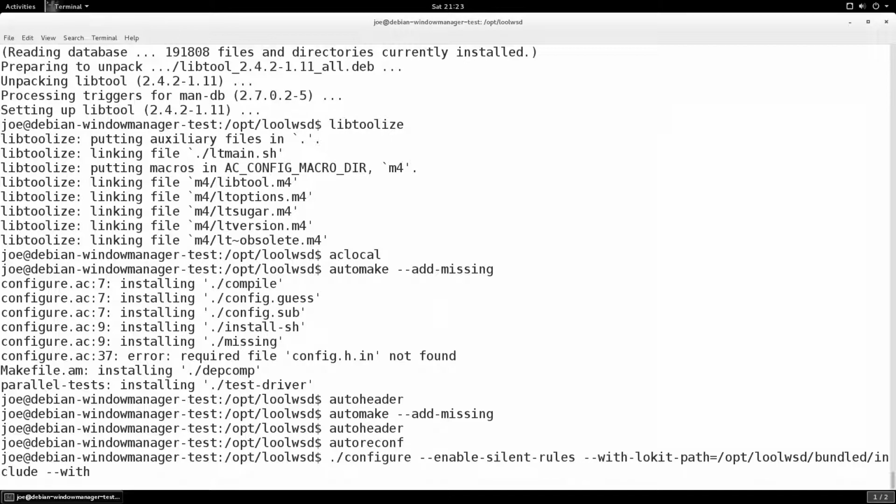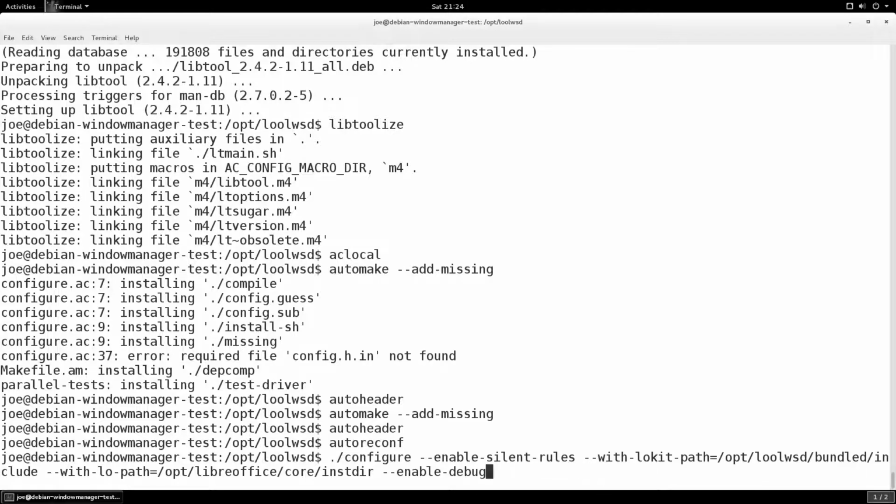So, --with-lo-path. Now this is the path to your LibreOffice. And if you've compiled it correctly, it will be in /opt/libreoffice/core/instdir. Exactly that path. Make sure that if you've put any casing in there, like a capital L and a capital O, you adjust accordingly, but that is the path it should be in. And then you're going to want to run --enable-debug. Okay,